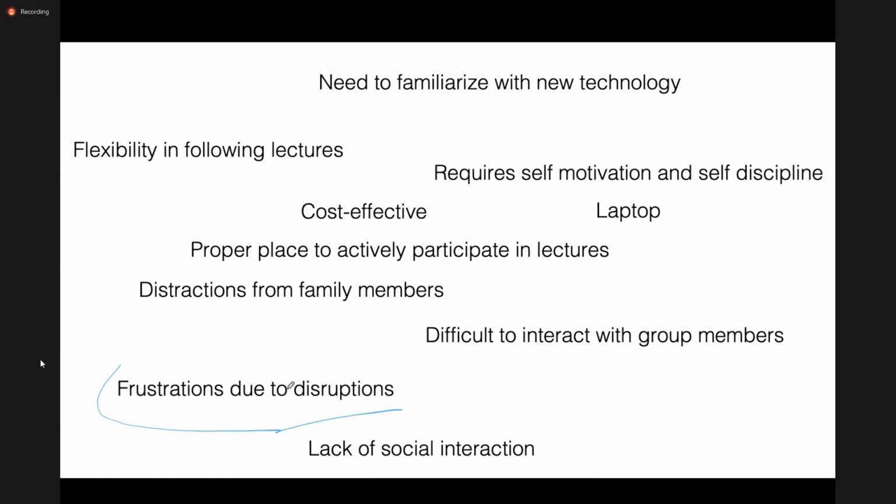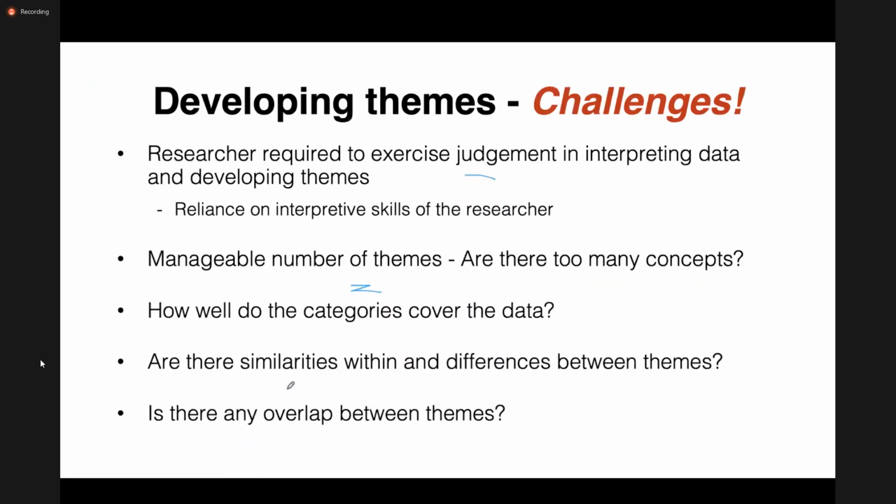That means my themes don't cover the data. There are some ideas, some important information that I have not considered in my final picture, final categories. And that might not be a correct way of analyzing data.